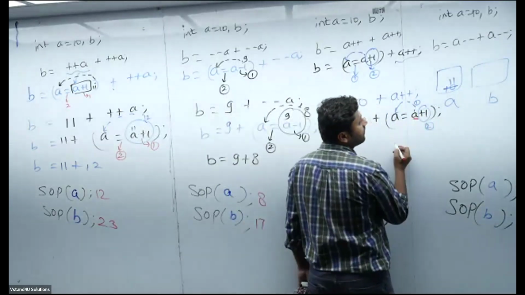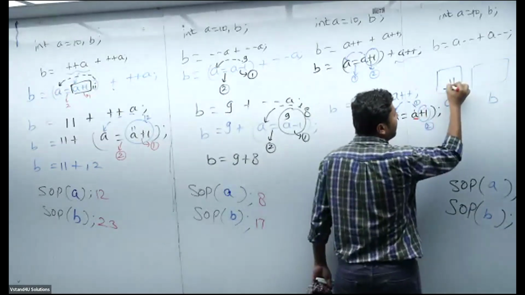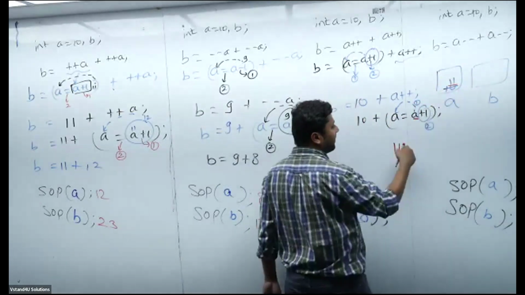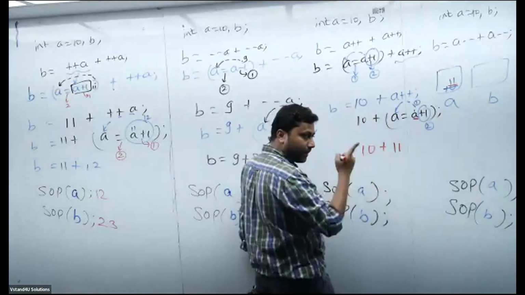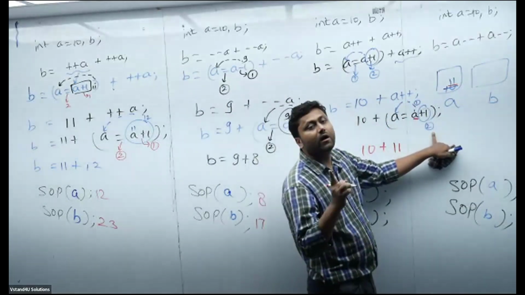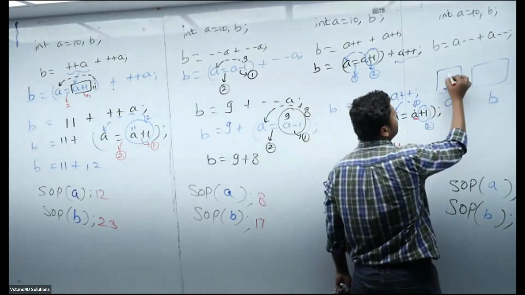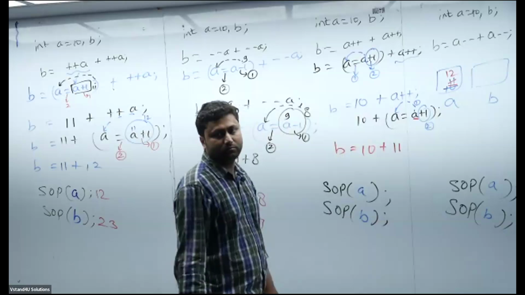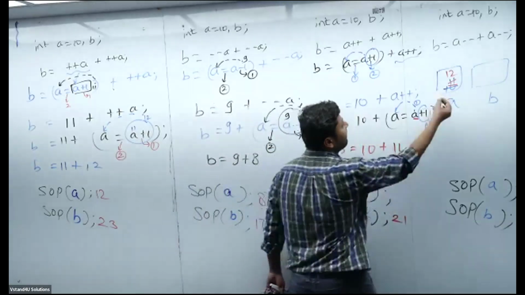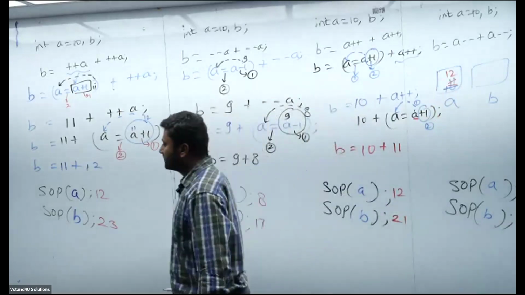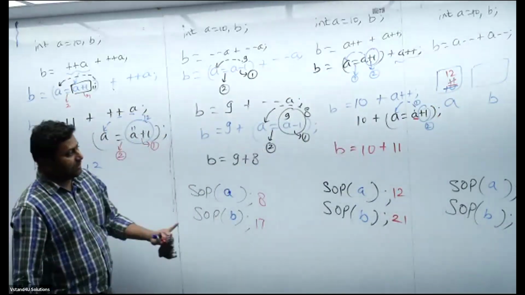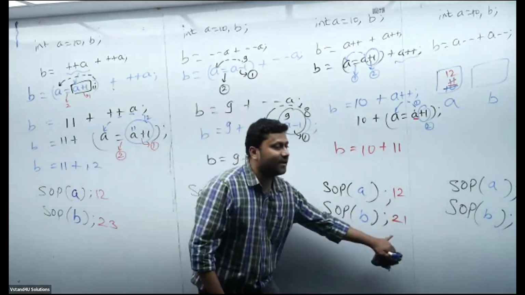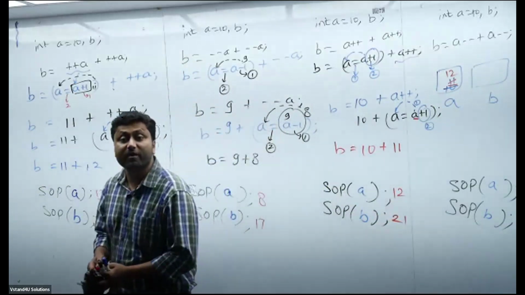Current value of A, 10 or 11? That current value will be assigned to A. Are you with me? That means for further calculation, current value 11 will be used. But did I do the incrementation part yet? Here, B equal to A value. Agree? See, in post-incrementation, the A value is used here also. But in case of pre-incrementation, the value is here. There is a difference. Are you getting my point, everybody?